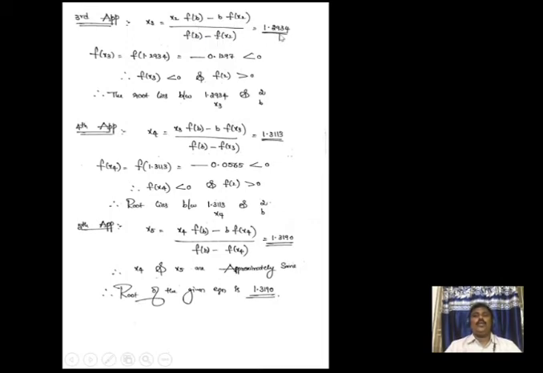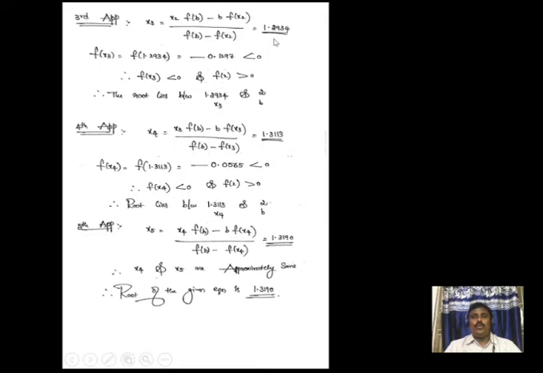So I have 1.293. I have to see whether the two values are equal or not. x2 I have 1.253 and x3 I have 1.29. So they are not equal, not approximately equal. So I have to go for another iteration. I put this value in the given equation. I got f of x3 is less than 0.